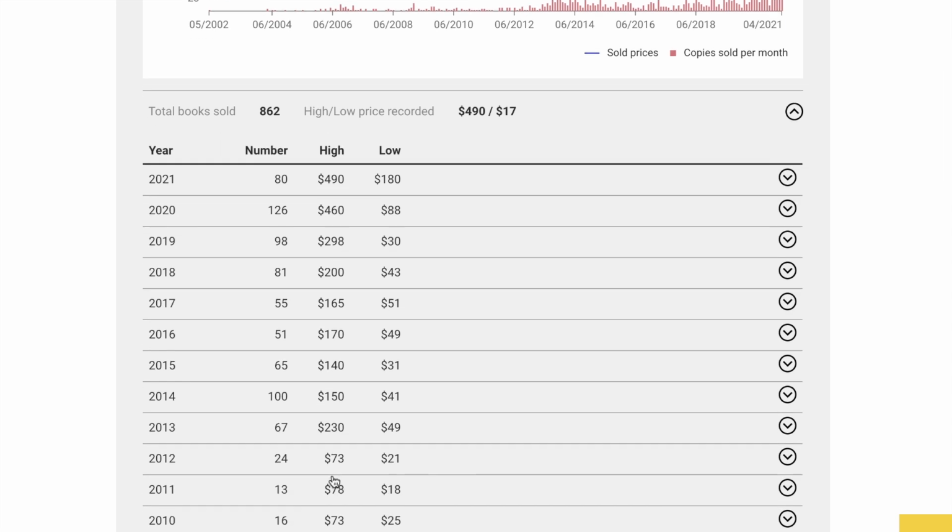Yes, up until the movie news, look at that. The book was barely in the 70s in the previous 3 years. And look at the low price, not even worth slabbing right there, right? But then with the movie 2013, 2014, it bumped. But look at the low range of this book over the next 5 years. My goodness, 50. You can find a copy at 50 or lower all day long, okay? Until, of course, 2020. And wow,